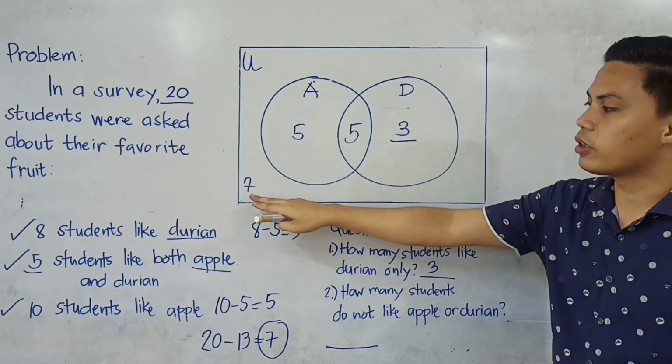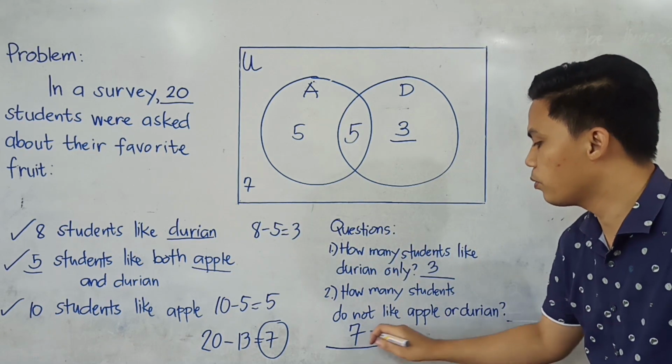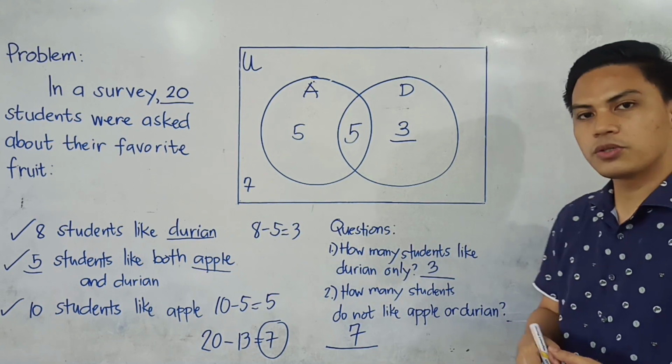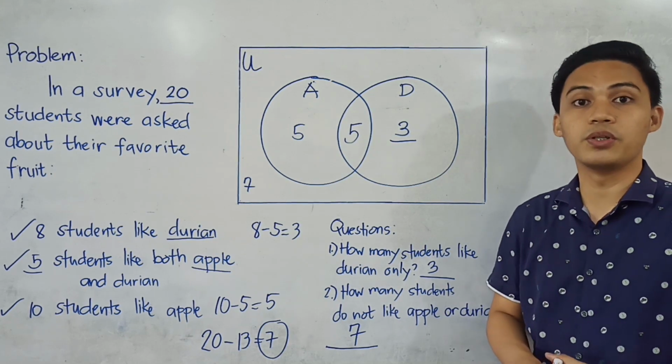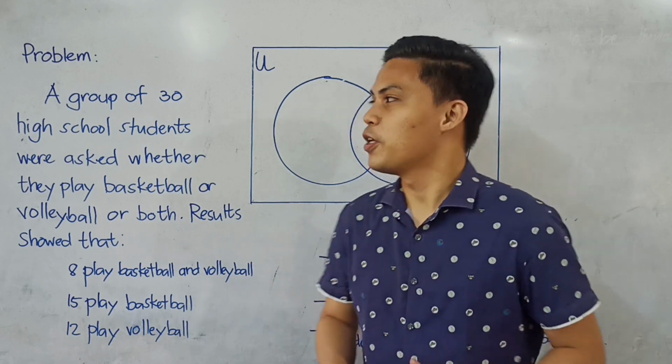In this case, the answer is 7. So may 7 na students na hindi nila gusto yung apple at the same time hindi rin nila gusto yung durian. Down with our last problem. So the problem